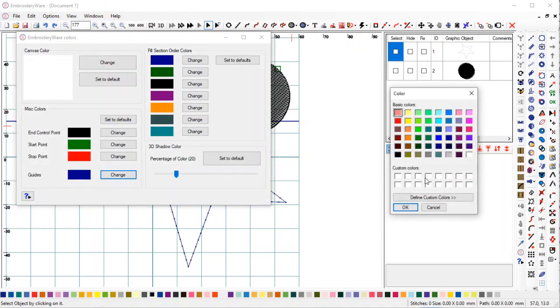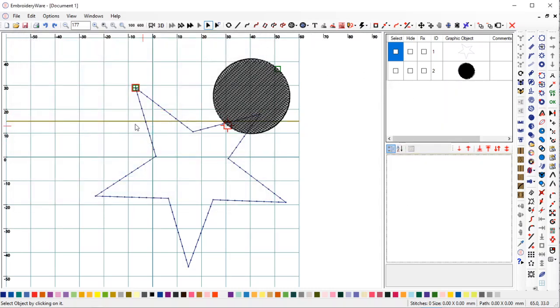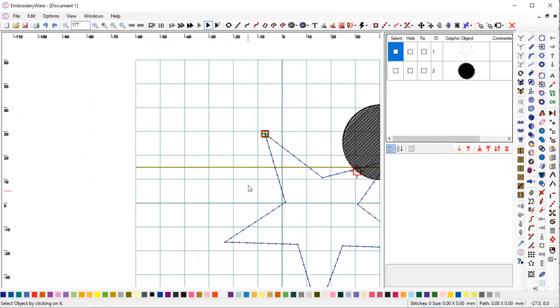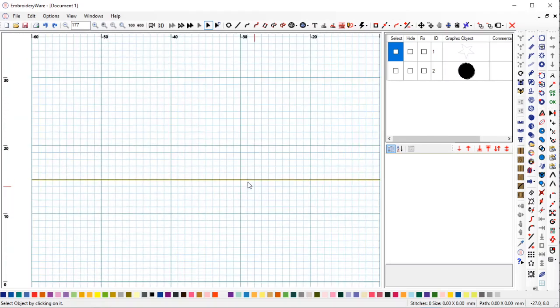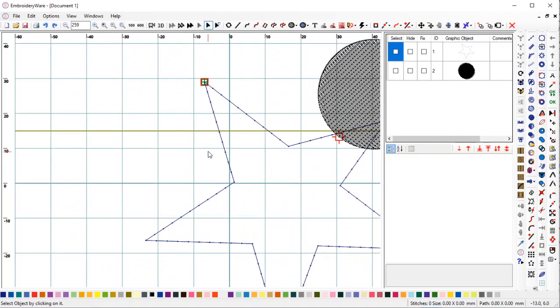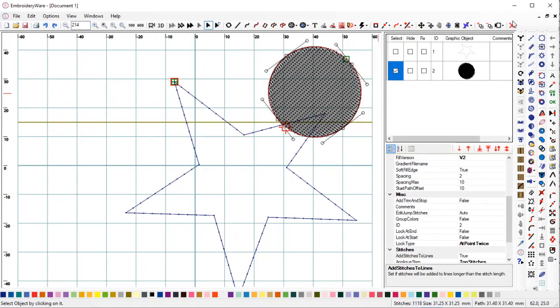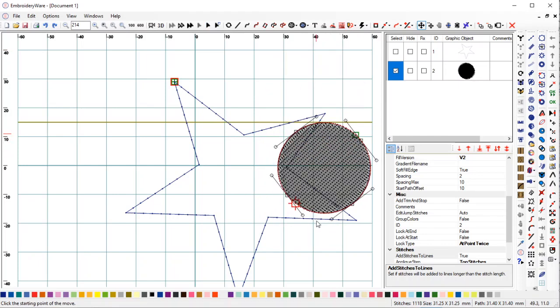So if I didn't want the guide to be orange, I wanted it to be, let's say, olive, I would do that and it would change to olive. So now you can see it's olive. Think of the guides as additional grid lines. If you wanted additional grid lines, nothing snaps to it. It's just kind of a visual aid. So if I wanted to move my circle here and kind of approximately get it in line with that,